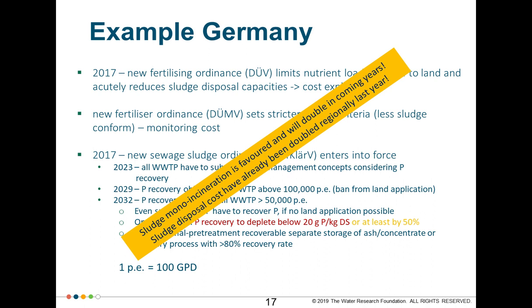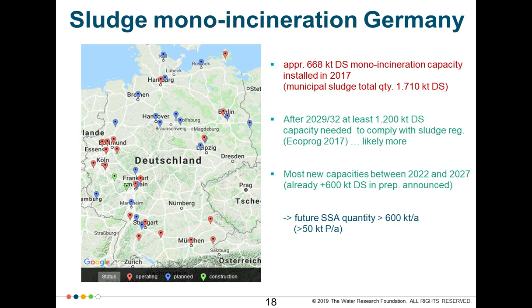These new regulations had an acute impact due to the fertilizing ordinance. The land area available for sludge application or disposal was dramatically cut down. So the disposal costs more or less exploded back in 2017 and 18. And in the midterm, there will be more incineration facilities in Germany, and I will explain it in the next